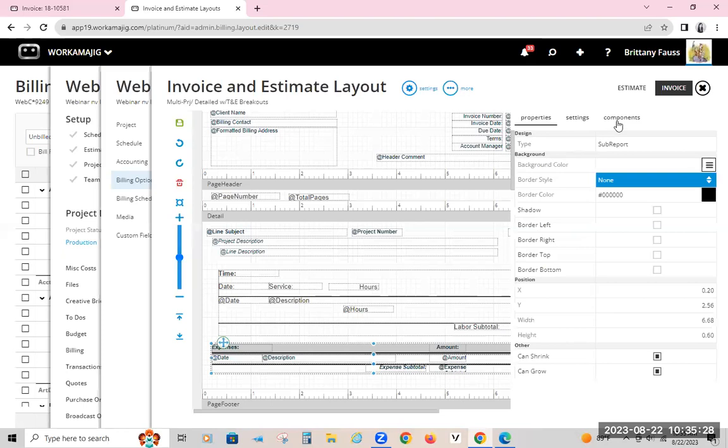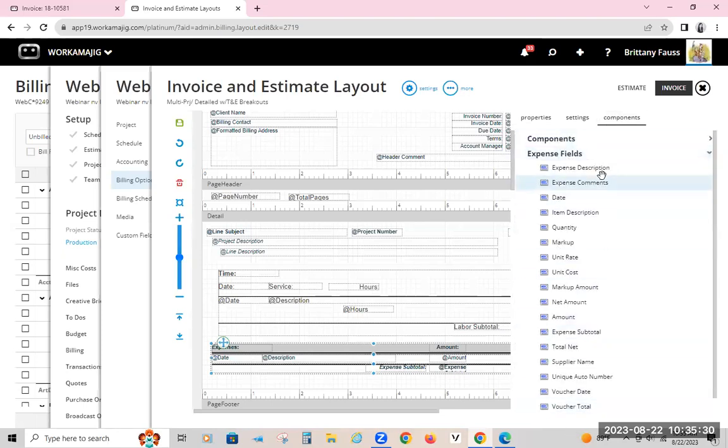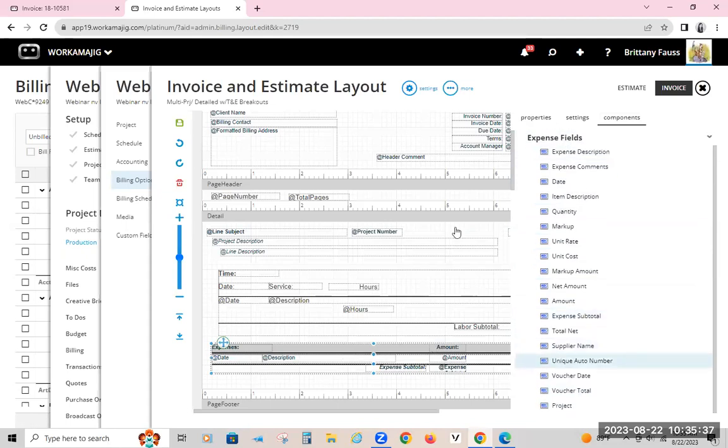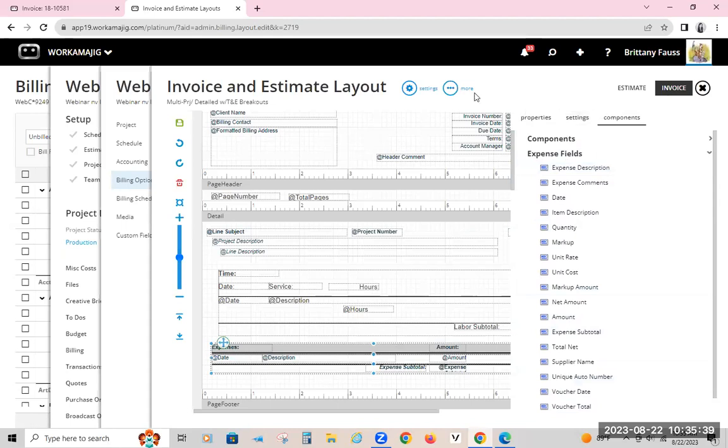Same thing with the expenses. There are different components. Markup would be something that we usually don't add out there, but if you wanted to see the markup, you absolutely could. Okay, so that's mostly the invoice side. I will show you